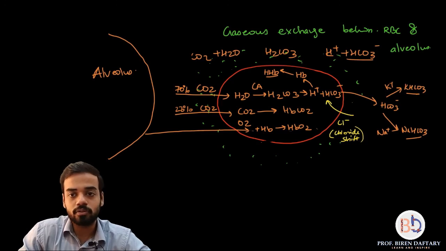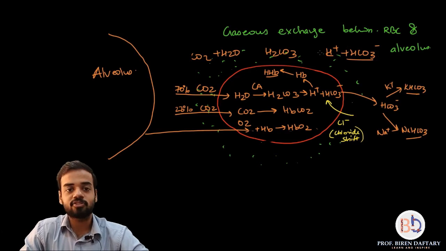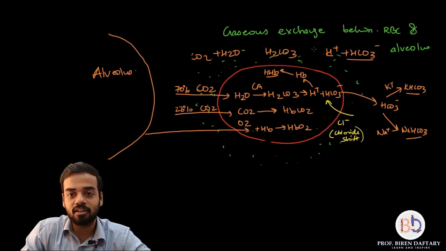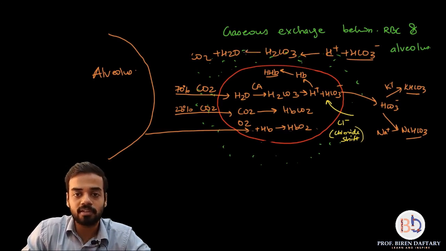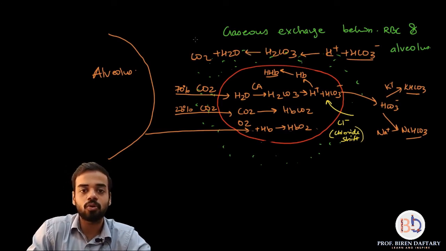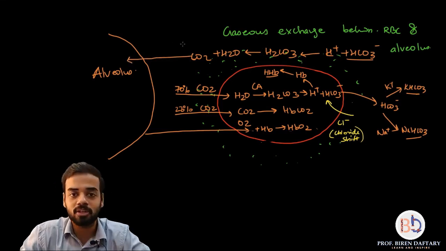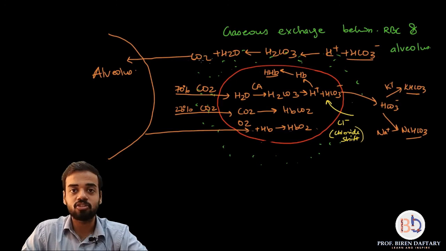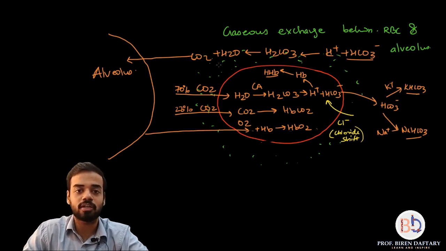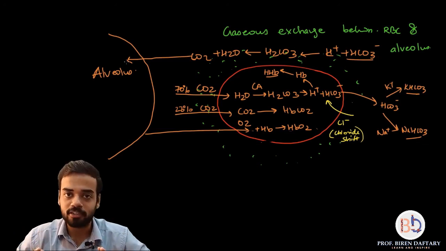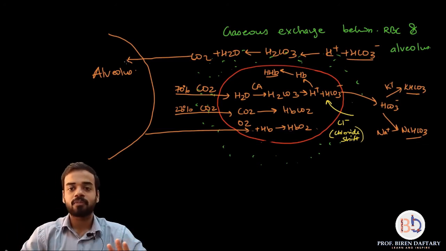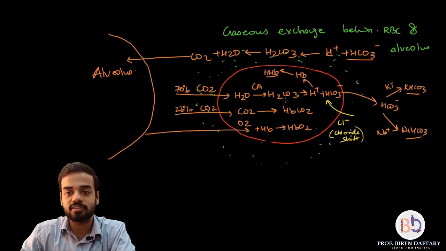Okay, so now you show that these ions are already present. These ions, as soon as the RBC reaches near the alveoli, get converted into H2CO3. H2CO3 breaks down into H2O and CO2, and this CO2 will enter the alveoli because partial pressure of carbon dioxide here is more than here, 45 to 40, it goes in. So carbon dioxide we have deposited, so from plasma carbon dioxide has been lost. Now we have to show what happens to these things.